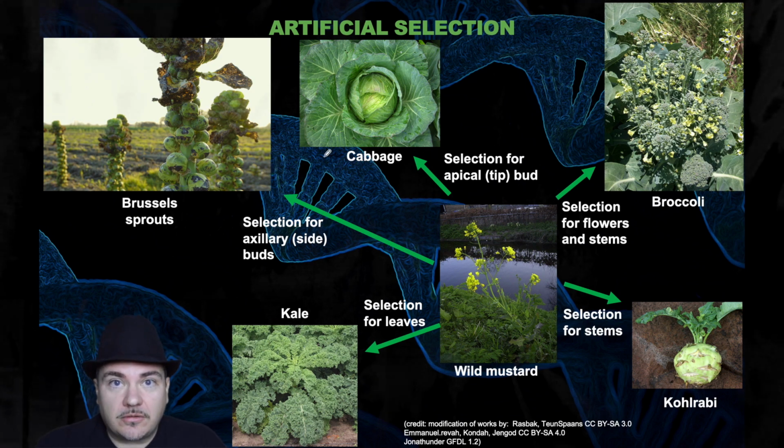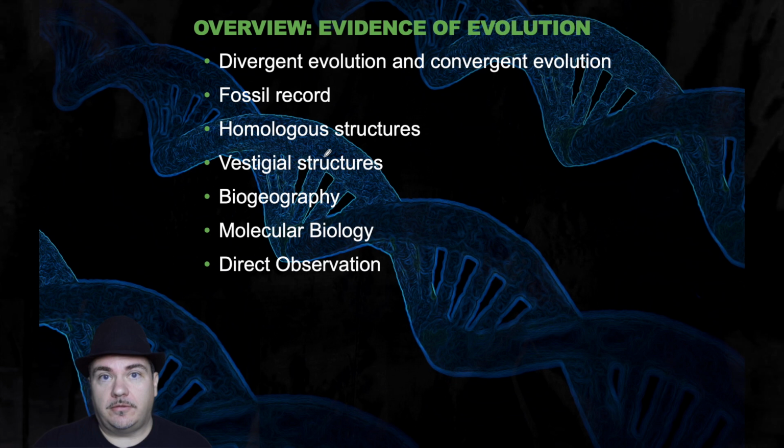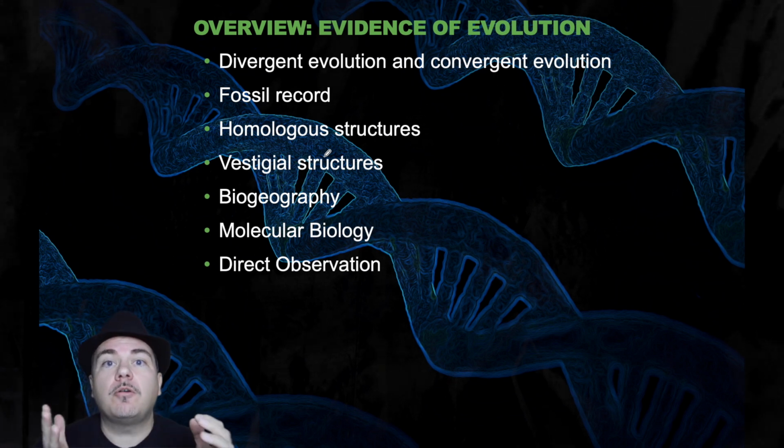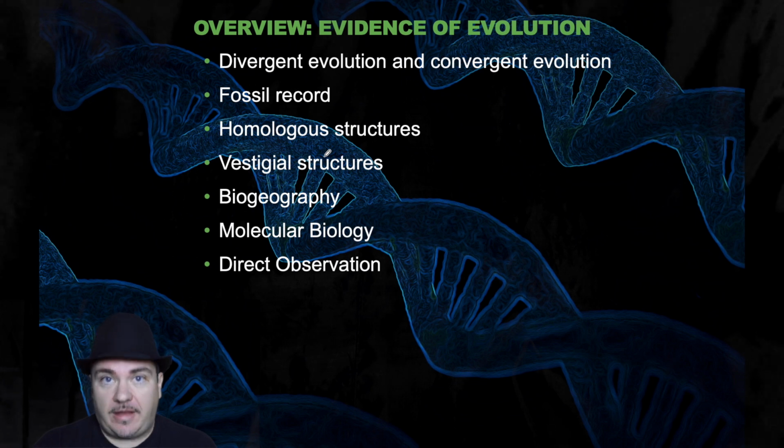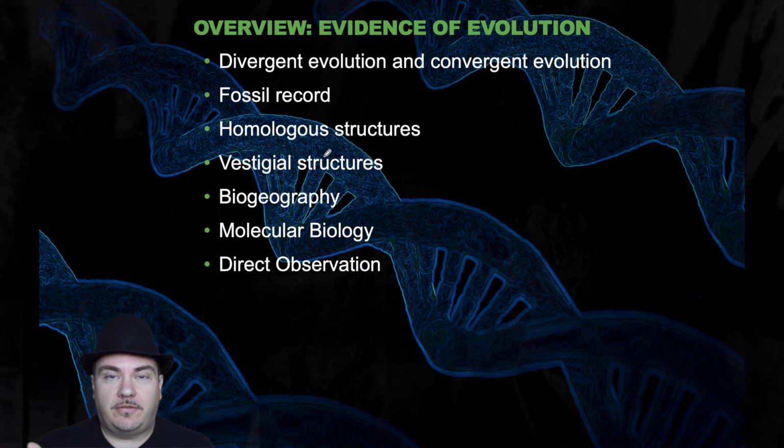Same thing happens in nature. And that's natural selection. So what we're going to do is go over some of the evidence for evolution. There's an overwhelming, enormous amount of evidence demonstrating evolution. We don't have time to cover all of it in this class, and frankly, some of it you need to take some higher level courses to better understand, like the molecular evidence of evolution, comparing protein sequences or DNA sequences, which I'll talk a little bit about. If you want to find more evidence, take another course, a whole course on evolution, instead of this brief introduction, which is just a couple chapters on evolution. We'll cover a little bit of the evidence, just so you have a basic idea.